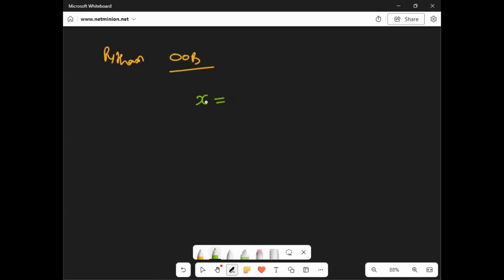Variable means some container where you are putting something. So in the variable, if you are putting 3, and in the same way, if you are putting 3 in other forms, all these values are different. Okay, you need to understand how.